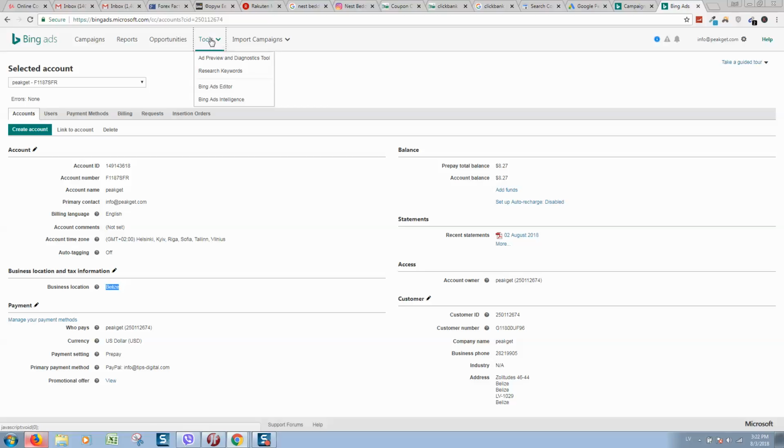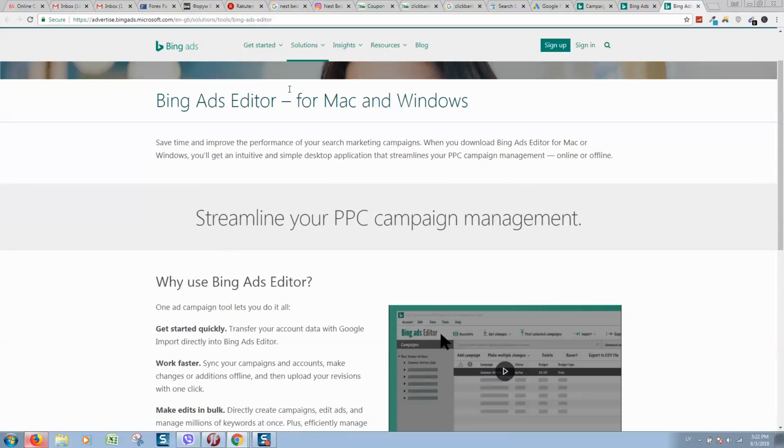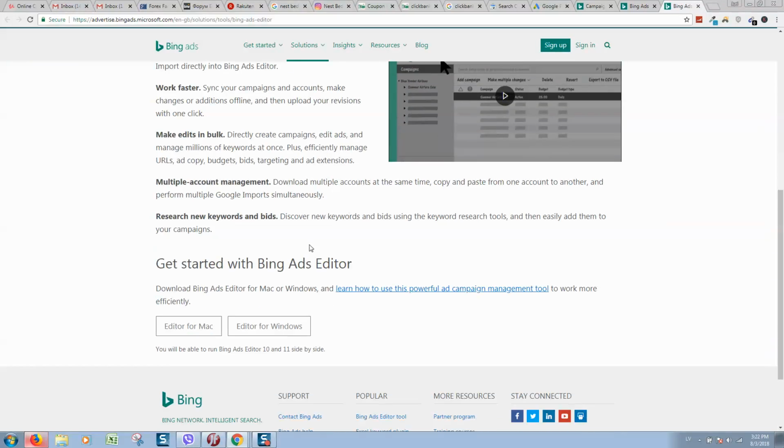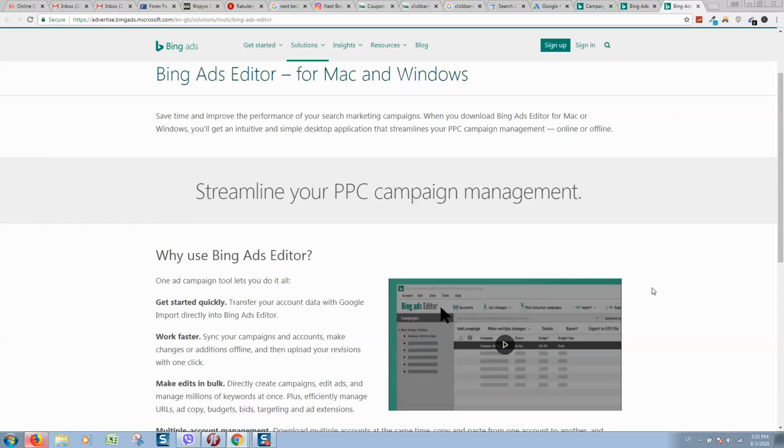As well, if you click on tools, click on Bing Ads Editor. Okay, it's loading. Here you can download software that is similar to Google Editor. It's Bing Ads Editor. Select your operating system, Windows or Mac. Click on any of these buttons, and it will start downloading. So everything is really similar, and